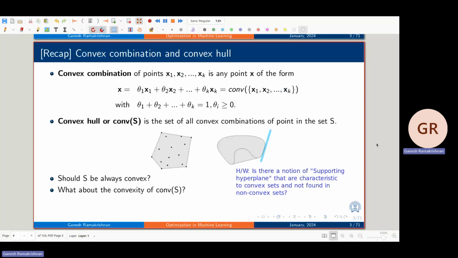And what is a supporting hyperplane? That is, C is going to be a subset. Actually, C or the closure of C. Closure of C means C including its boundary. C will be a subset of